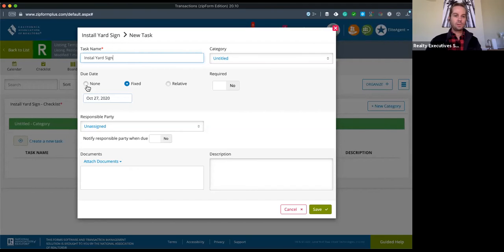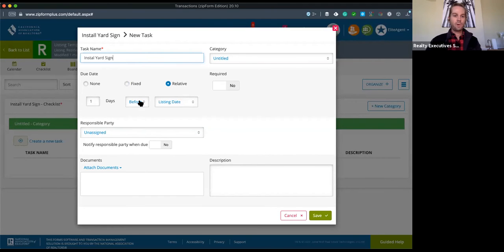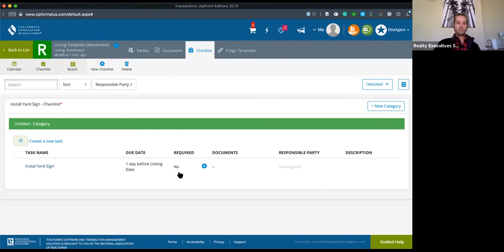So it would be relative to 1 day after, maybe 3 days, or well, I guess technically you're only supposed to have that 1 day out, right? So let's do 1 day before listing date. So you'd be able to just save that. Now you'll get a notification 1 day before listing date to remind you to get the yard sign installed. Or you could do it in maybe 3 days, so then that gives you time to call, whatever. But this is just the process of, every time this new listing comes out, or you apply this template,